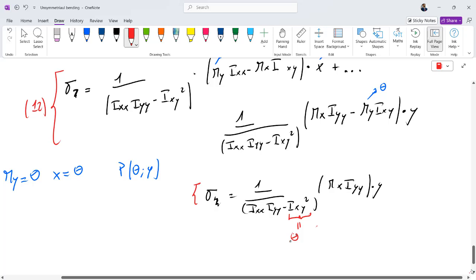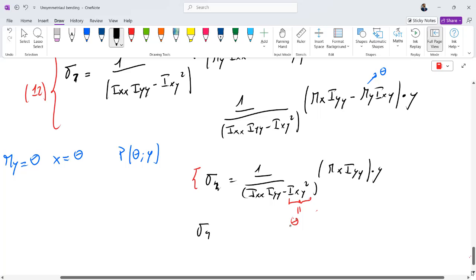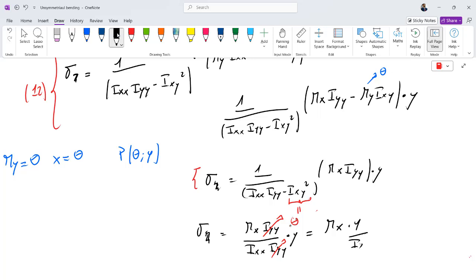So we obtain that sigma z in this case is equal to Mx Iyy divided by Axx Iyy times y. But I can simplify this quantity here and obtain that sigma z is equal to Mx times y divided by Axx. This is the 12a formula, the formula that we obtained in the second video of this playlist, and this is